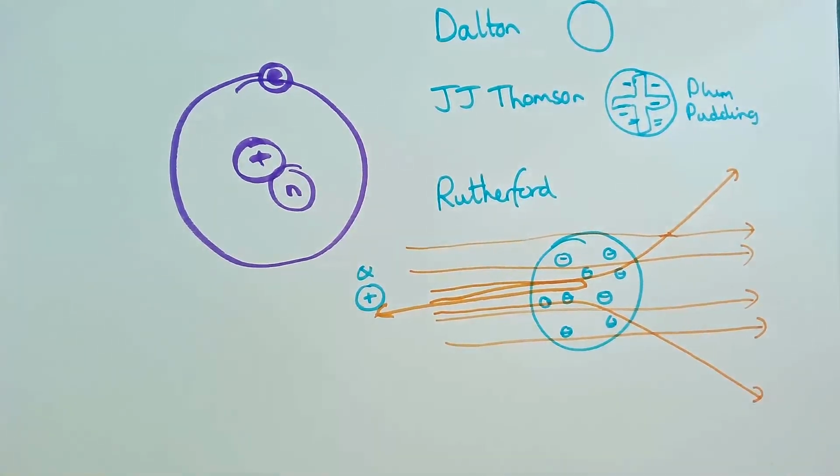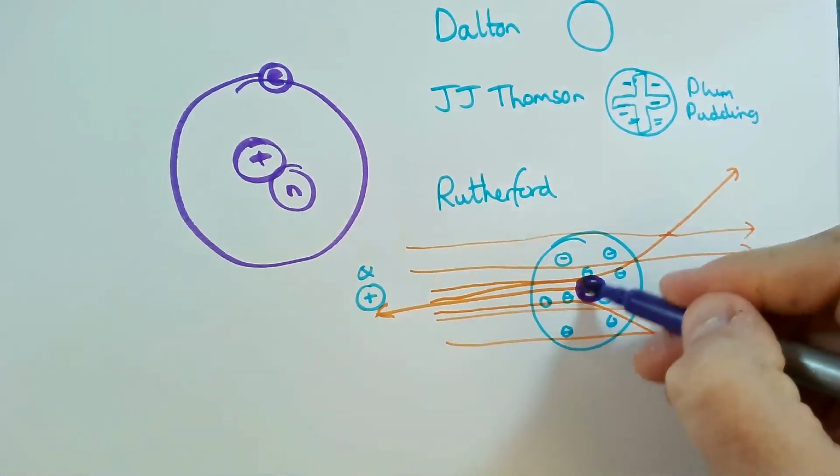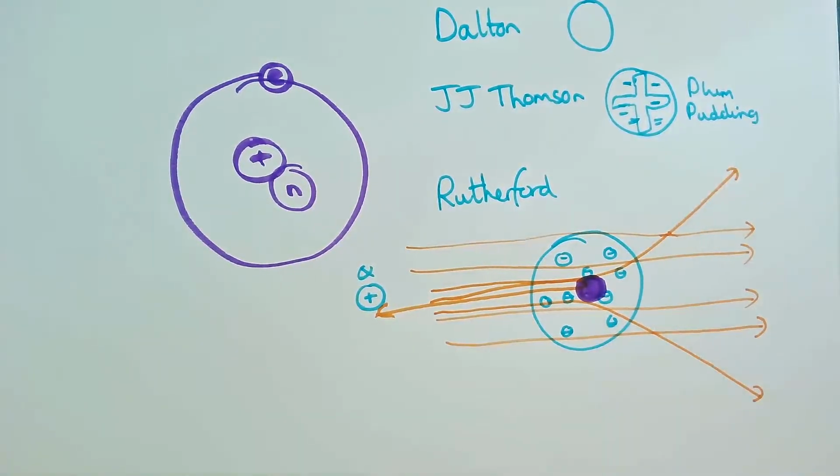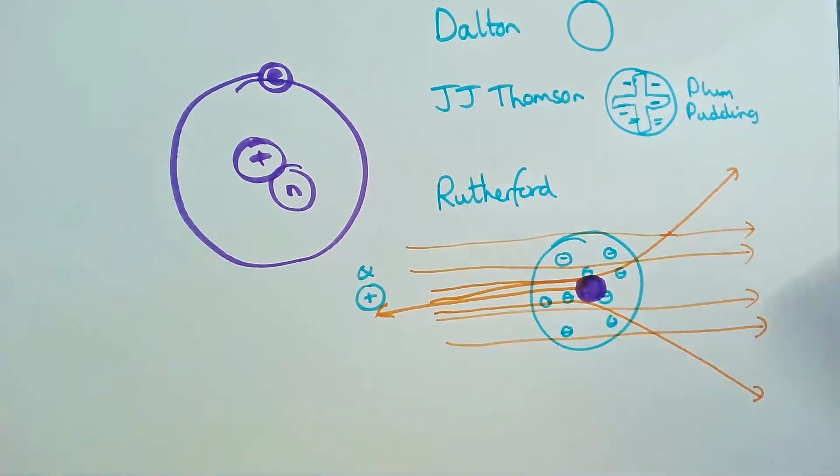All right. Now, if I was firing bullets at this chocolate chip cookie, I would assume there's something hard in the middle. And that's exactly what Rutherford does. He says there is a really dense positive charge in the middle of this. And he calls it, because again, scientists at this era just want to sound posh, so they use Latin words, the nucleus, because that's a Latin word for middle, or centre.